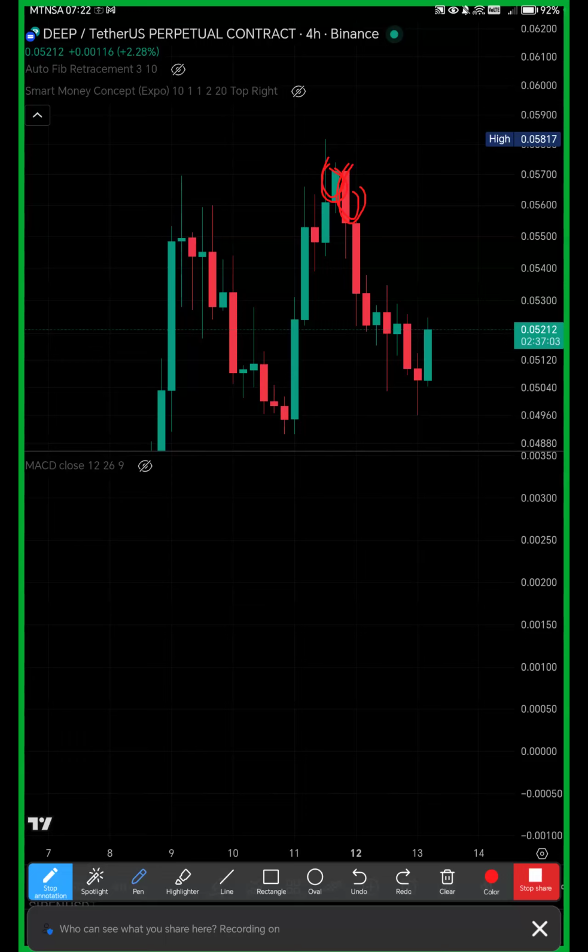When I say where is the location, how do you validate that this is a bearish engulfing bar? When the market has been trending upward and it reaches a certain level where price is failing to go further up,